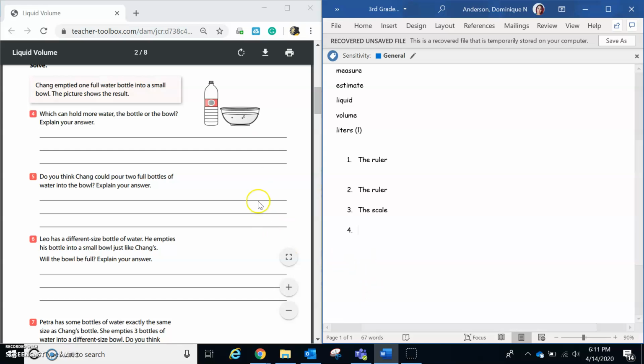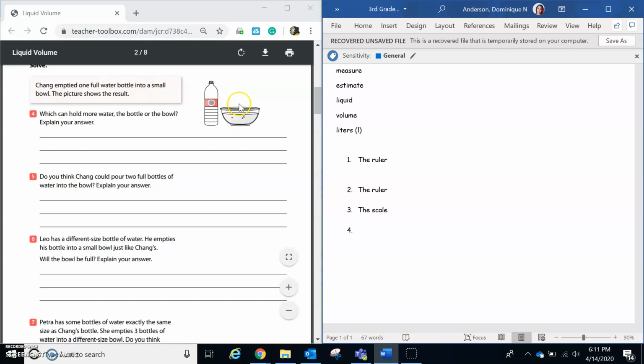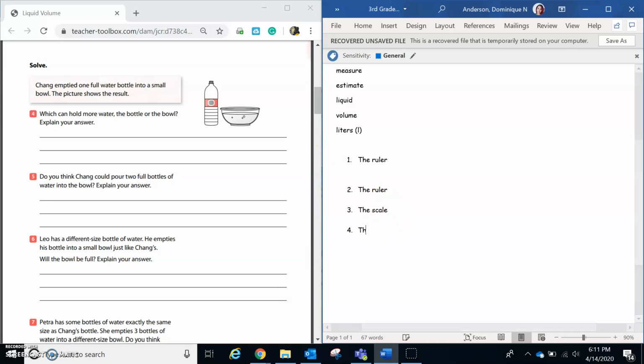No. So which one holds more, the bottle or the bowl? If you said the bowl, you are correct, because when he poured the water in, it did not fill up the whole bowl, which means there's still more room to add more water into the bowl. So we're going to say the bowl holds more water